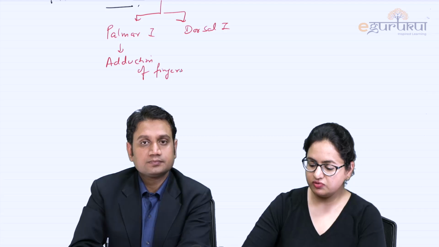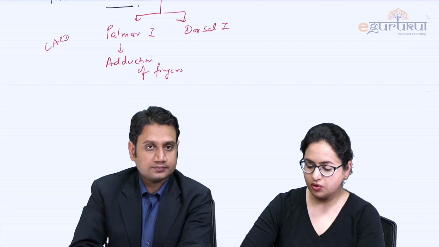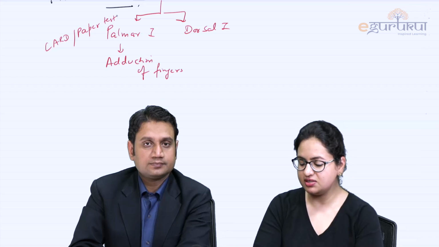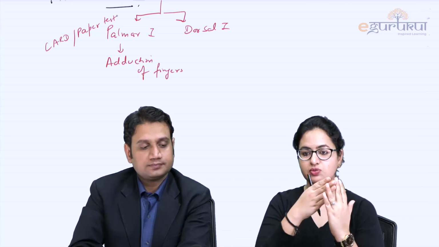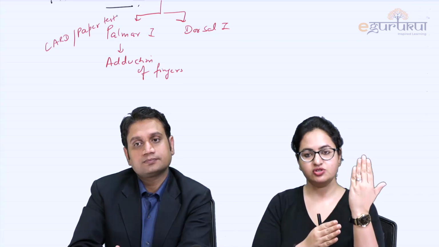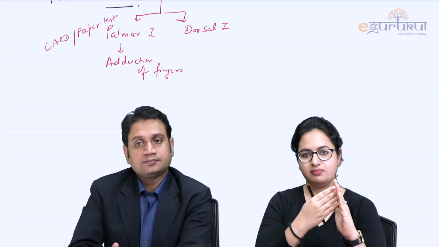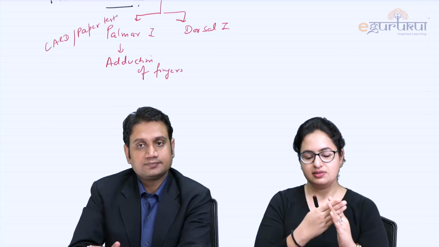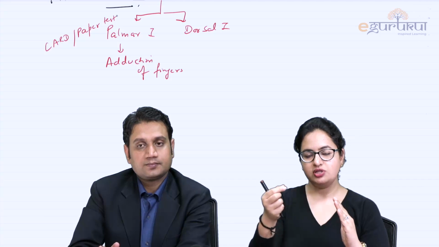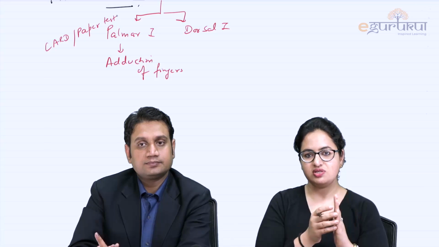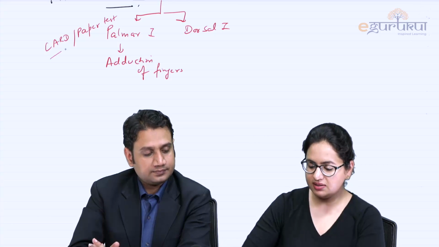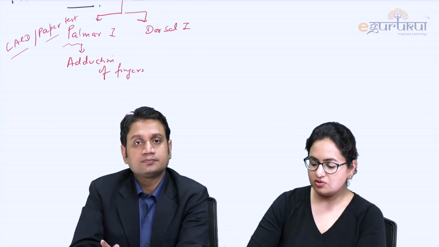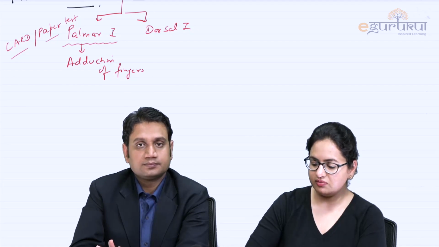And the test which is used over here is the card test or the paper test. In this, we put paper in between the fingers and we ask the patient to hold the paper by this adduction of fingers. If he is not able to keep it in position and we try to pull the paper, he is not able to give resistance for this movement, we say the card test or the paper test is positive, and this is because the palmar interossei are affected in the ulnar nerve injury.